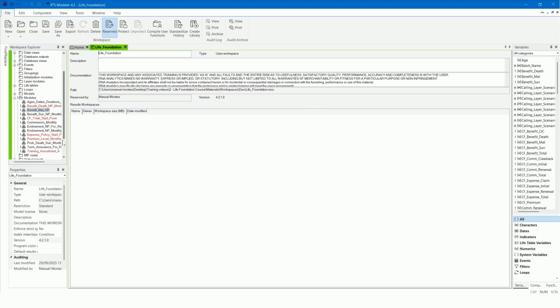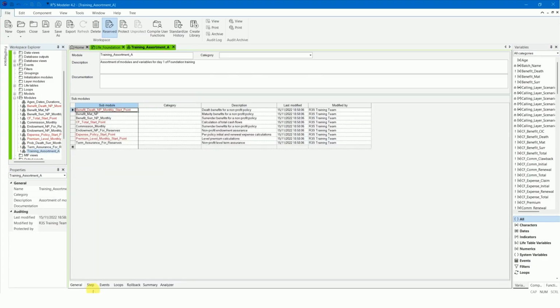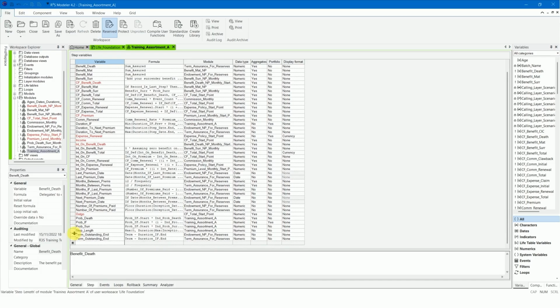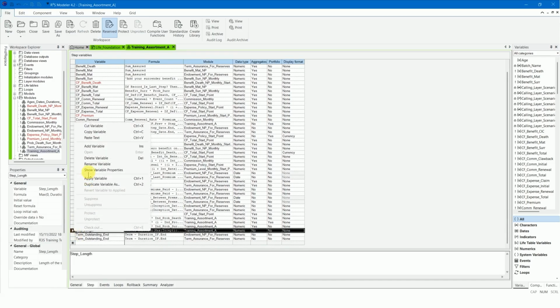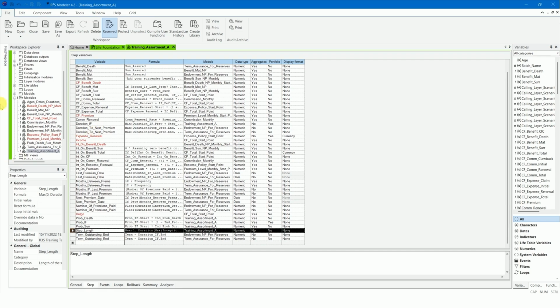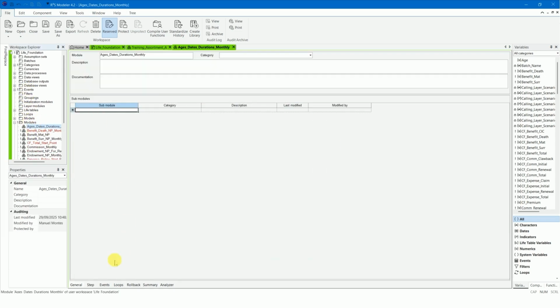From the Training Assortment A module, copy the variable step length and replace the variable in the Ages, Dates, Durations monthly module.